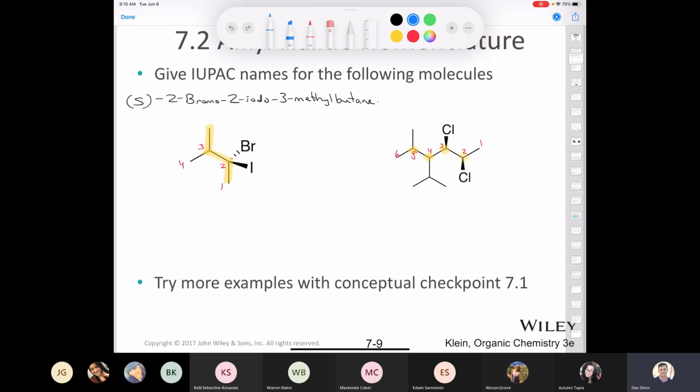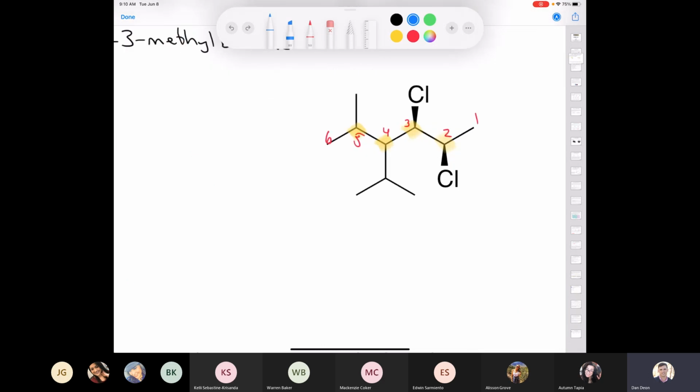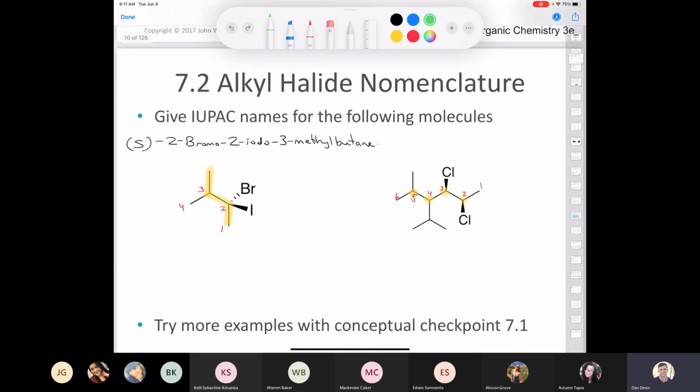All right, let's figure out the stereochemical configuration at carbon 2. We go from group 1 to 2 to 3. That's clockwise, so it's 2R. Check out stereocenter number 3. This is number 1. This is number 2. This is number 3 over here. That's clockwise, so this is also R. So what do we have? We have 2R and 3R. I should write that down before I forget. So we have 2R, 3R,